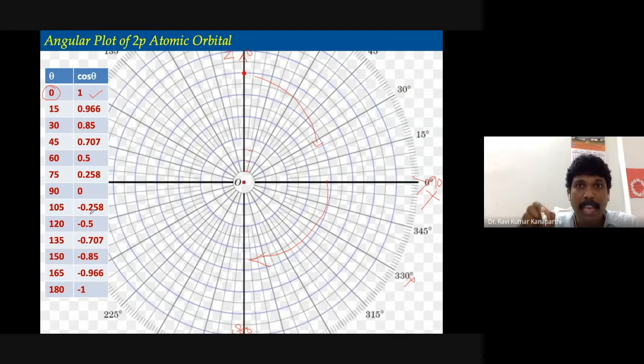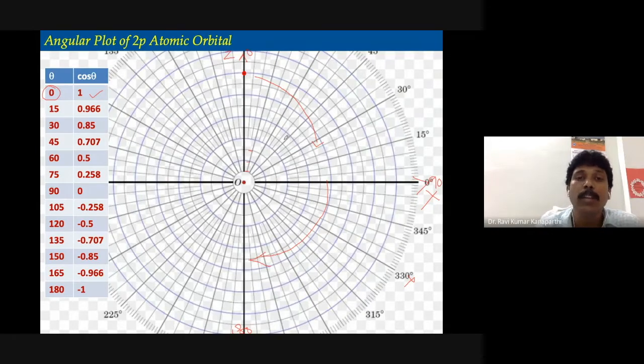These are different axes. For example, this one, if I am correct, is 5 degrees. As per the notation of this graph, this is 0, this is 5, 10, 15, 20, 25, 30, likewise. So this is basically 0, and this is 5, and then 10, 15. This thicker line indicates 15. This is 30, this is 45, 60, then 75, and then this is 90. Likewise it is increasing.